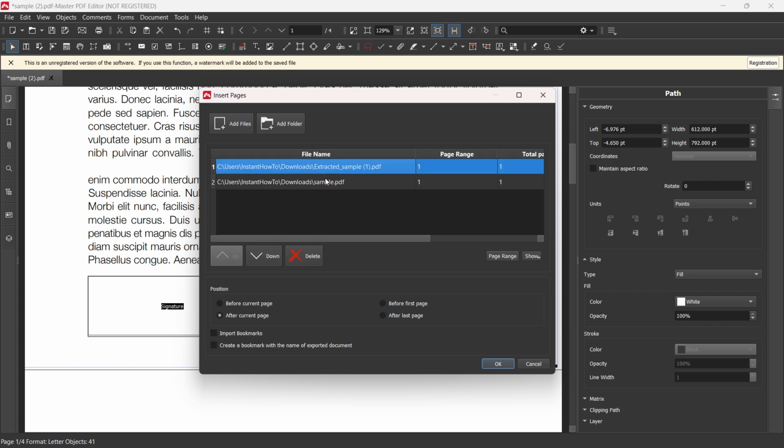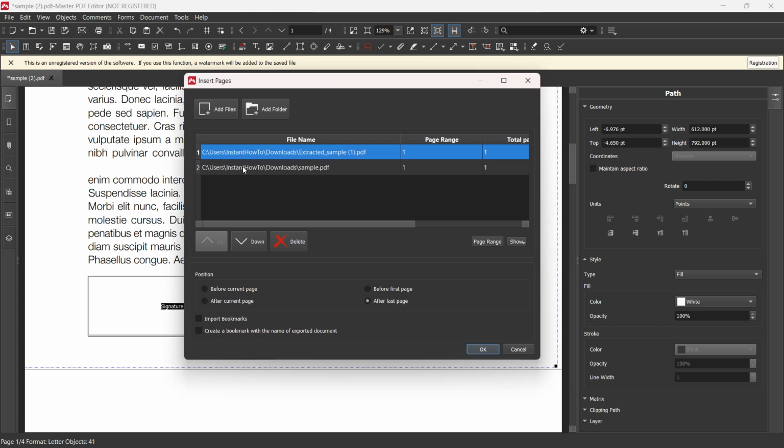And then over here you can of course modify these. You can move them up or down depending on where you want them to be. And then here you can set the position, so after current page, before current page, or of course after or before the first page or last page. So click on the one you want, and then you can also select if you want to import bookmarks, stuff like that. I'm just going to leave it like this, and notice how I currently have 4 pages on my